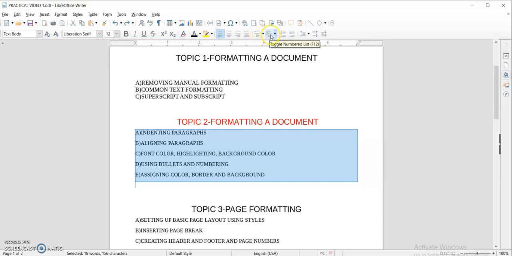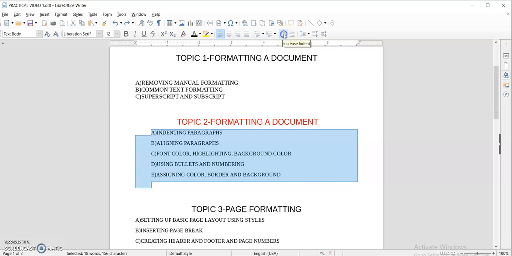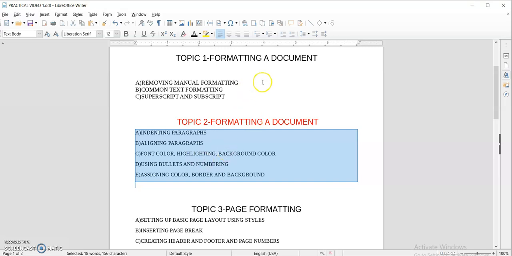These are the icons through which you can increase the indent or decrease the indent. If you click on this button, it will increase the indent of your document. If you want to decrease the indent, you will click on this. This is how you can increase or decrease the indents of your document.